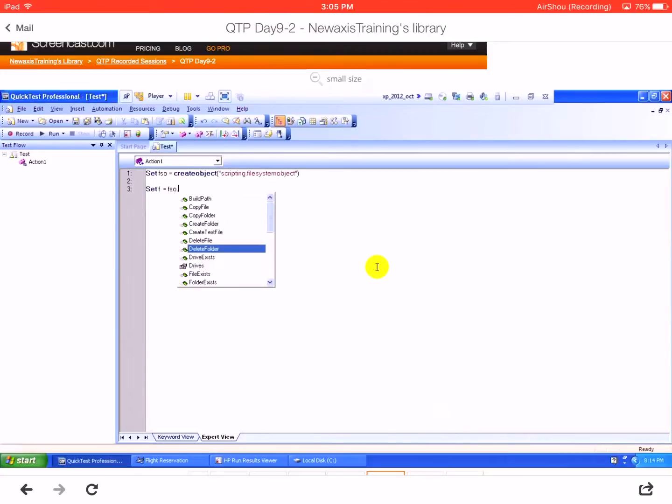So now after creating the object, what do I want to do? I want to create a text file now. See here, this is CreateTextFile. And the syntax takes a file name. Give some name by which you want to create the file. Let us give the file name as items.txt,